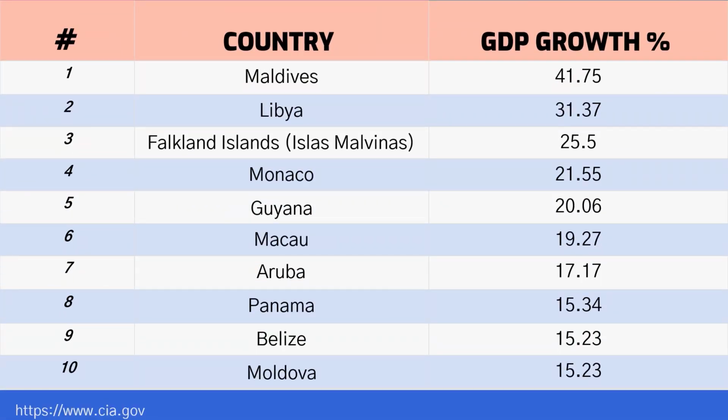As you can see from this table, I really like this table because it provides the data for 2022, when the world was recovering from the COVID-19 pandemic. As you can see, the highest economic growth rate in 2022 was observed in the country called Maldives, 41.75%, because in 2022 they experienced a significant economic growth rate because in 2021 the real GDP was significantly lower, because of the shortage of the tourists, which were one of the major sources of incomes for this country.